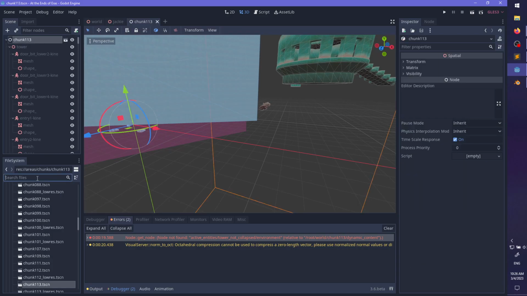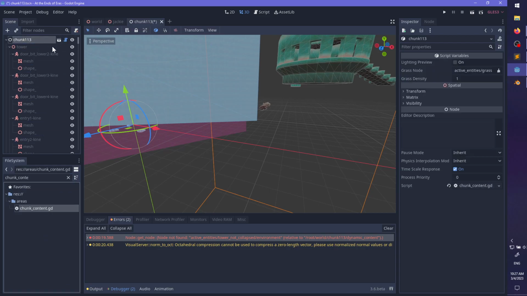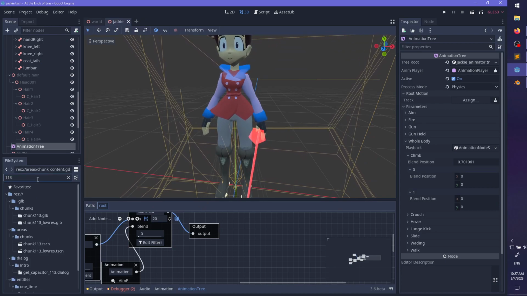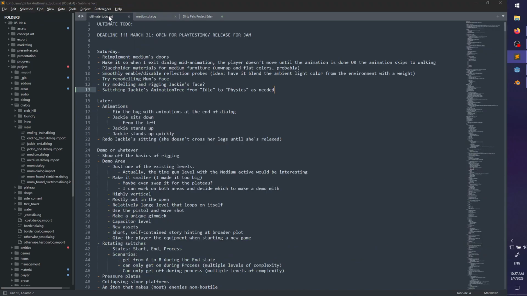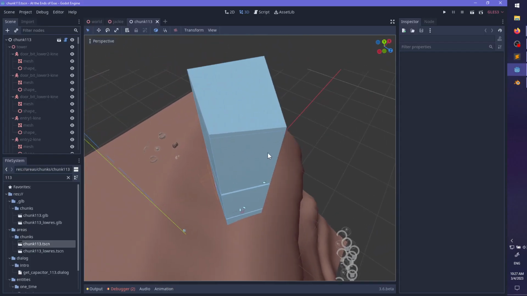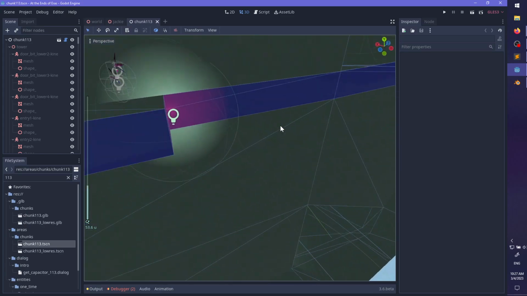Wait, where's my chunk content? So this is me getting a little bit ahead of myself, not doing what I was supposed to be doing. Hang on. Re-implement medium stores. I should do that first, but I won't. Because basically, yeah,